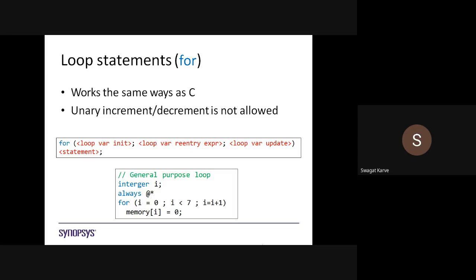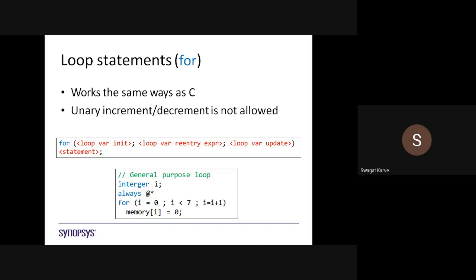In the same way you use the for loop in C, you can use it in Verilog also. It can increment and decrement, but unary increment and decrement is not allowed in Verilog.